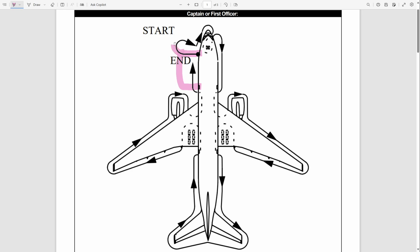Okay, so they are going to check the left side first, then they go to the nose, then they come below the airplane towards the nose gear, and then around the nose gear, then again to the front, and then all the right side fuselage, then they go slightly below the airplane all the way to the aft part of the engine, and then they come all the way around the right engine, all the way to the right side, and then all the way through the wing until the edge of the wing,